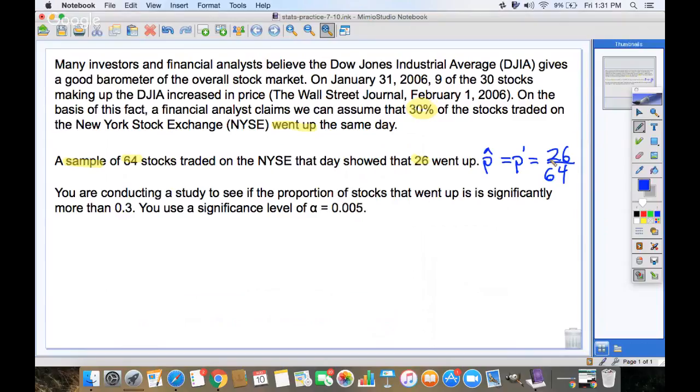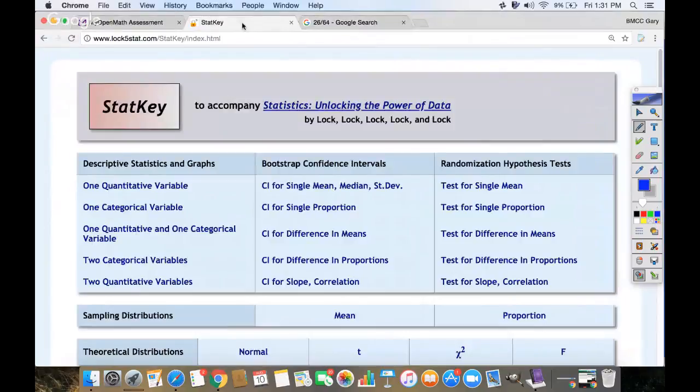So the things we have to go by is we're assuming the null hypothesis is the population mean, or proportion in this case, and that's 30%. We're comparing that to 26 out of 64, which is closer to 40%. Is that high enough to say that it should be higher than 30%, or is it just close enough in general? Next, to do that, we're going to run a sampling distribution,